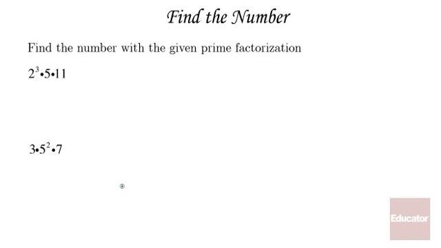Now we're going to go the other direction of prime factorization, and we're going to multiply all the numbers. We're going to find the product to find the number of this prime factorization. So written out, it's going to be 2 times 2 times 2 times 5 times 11. 2 times 2 is 4. 4 times 2 is 8. 8 times 5 is